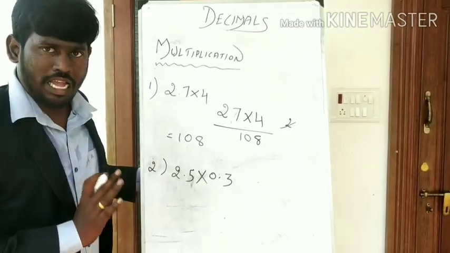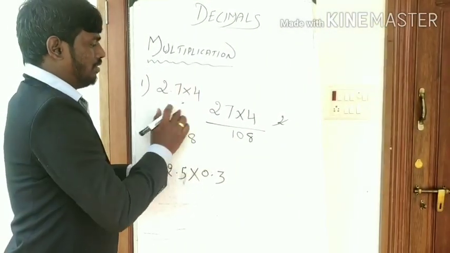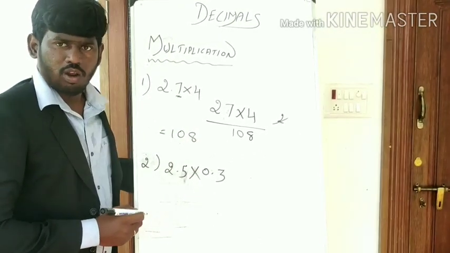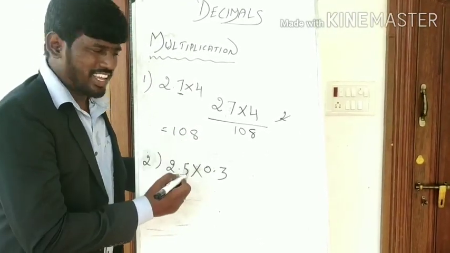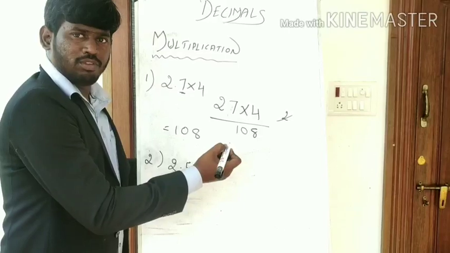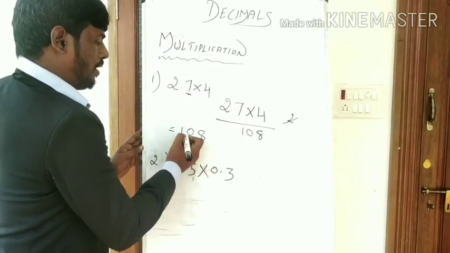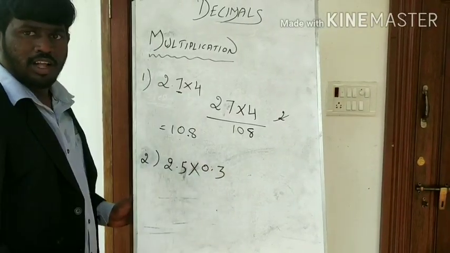Now what will the answer be? You just see the question. How many decimal points are here? Only 1. So when you are writing the answer, you have to keep the decimal point from the right to left, one place apart, 1 point. Then the answer will be